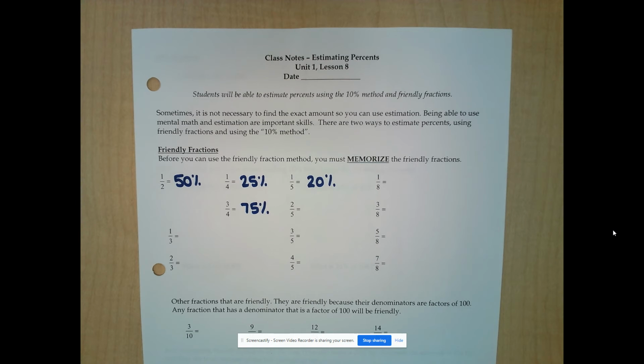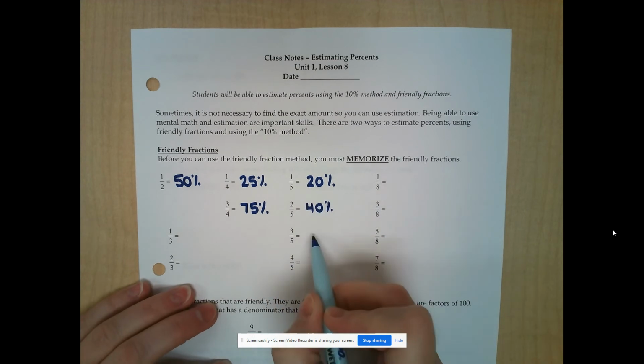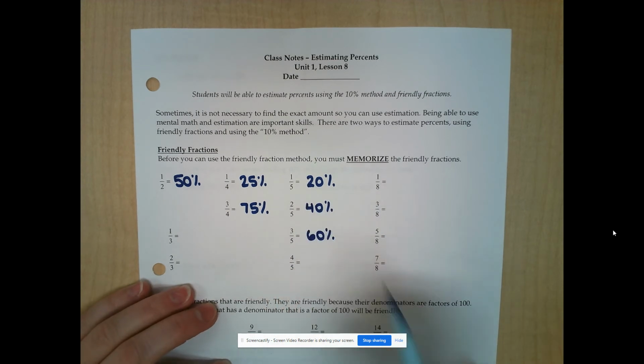Now, how do I know that 1/5 is 20%? If I divide 100% by 5, I get 20. So each fifth is worth 20%, meaning 2/5 would be worth 2 20%s or 40, 3/5 would be 3 20%s or 60, and 4/5 would be 4